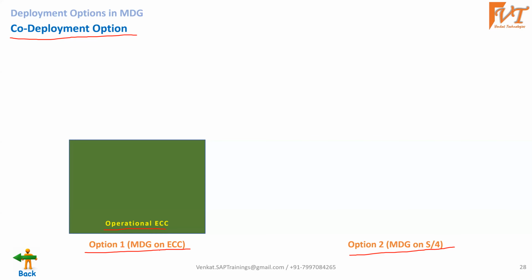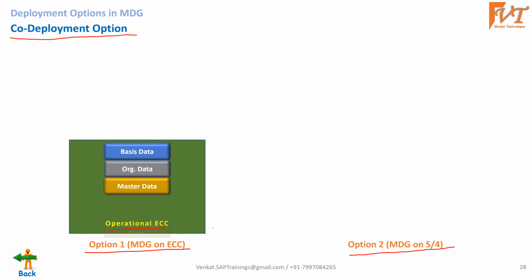Okay. And one kind request, when I am discussing MDG on ECC, don't think about MDG on S4 or try to correlate it to the hub option or anything. Just focus on what I am discussing. That's it. So when I say operational ECC, this is the current transactional system of the business. Now, the customer wants to implement MDG on this system, for the master data of this operational ECC transactional system.